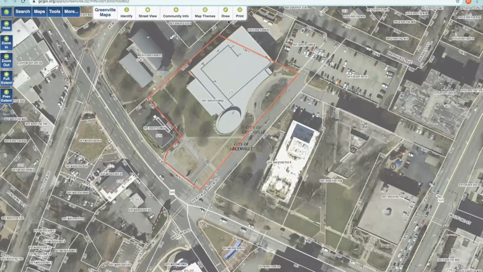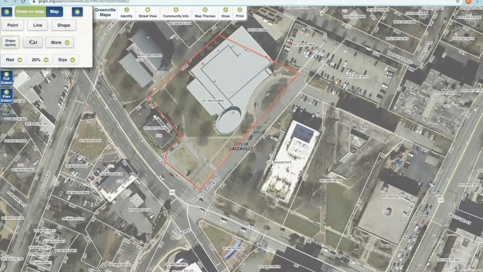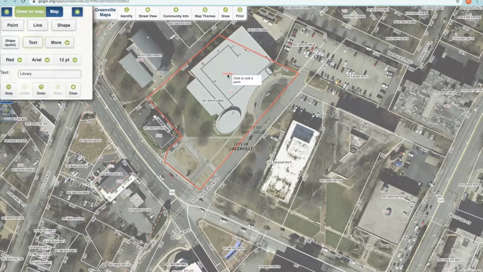And then we also have some other tools over here. With draw, you can put text on the map, or you can draw lines and shapes. I could really see this being helpful if you were looking at an old neighborhood where your family lived, or maybe you're part of a neighborhood association and you're doing research on your neighborhood. Maybe you would want to label things. So you can put text and type, like I typed library, and then library is there. I can make it much bigger, like 24 points, and label this library if we wanted to.